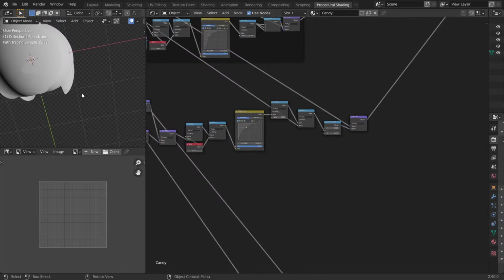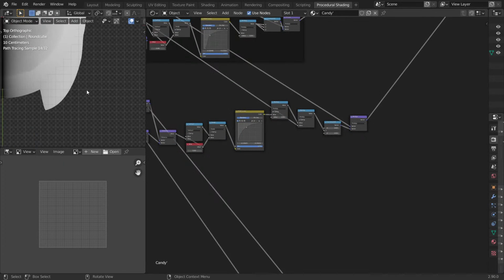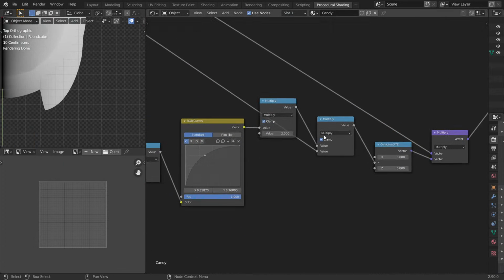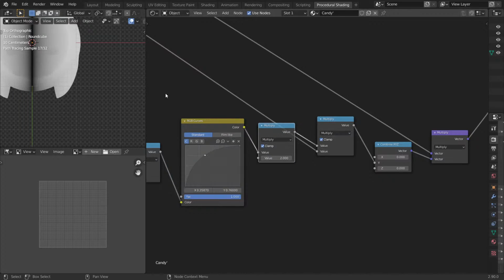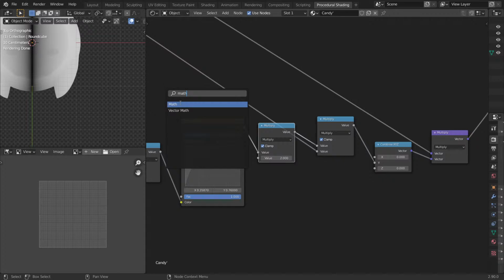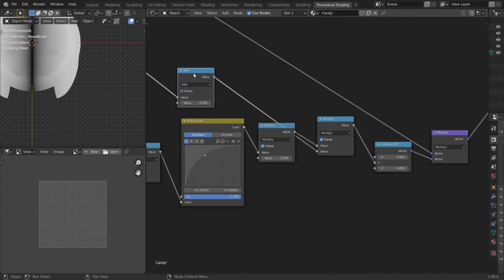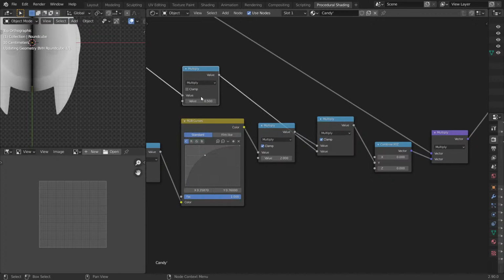Okay, let's look at that from straight now. What if I add this? Add doesn't work. Subtract doesn't work. I think it's multiply. It should be multiply. You can use curves or something to make it stronger or weaker. Yeah,